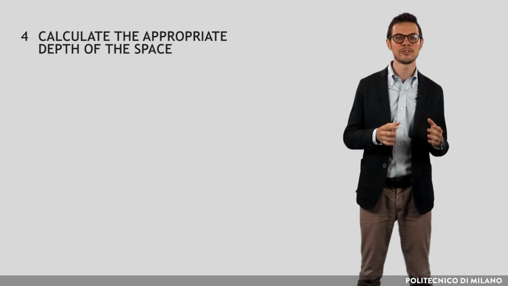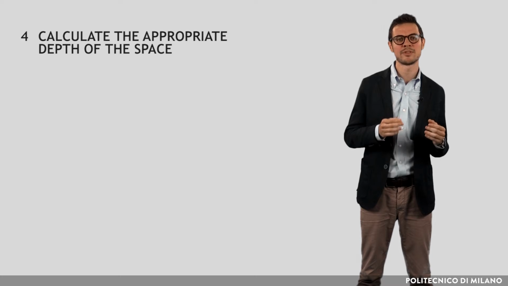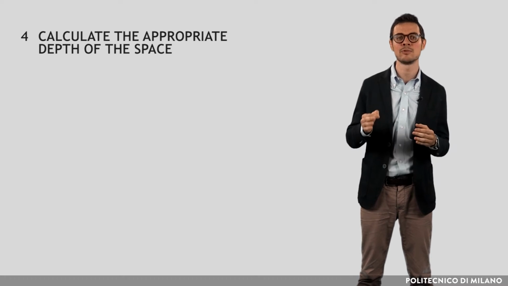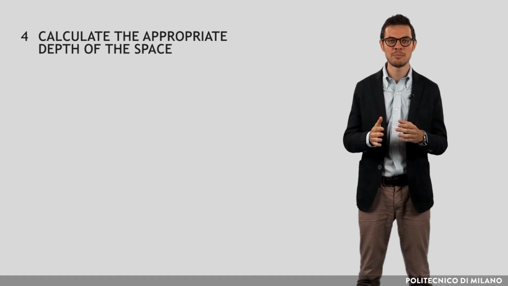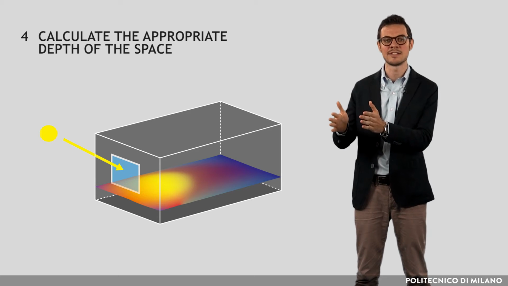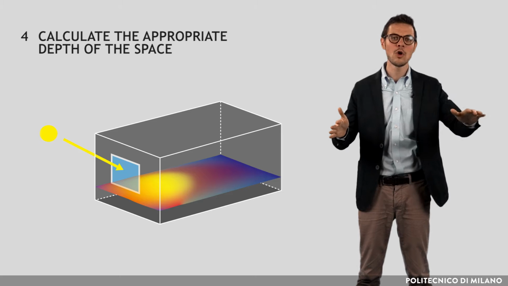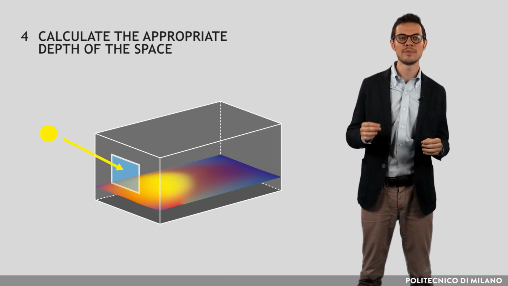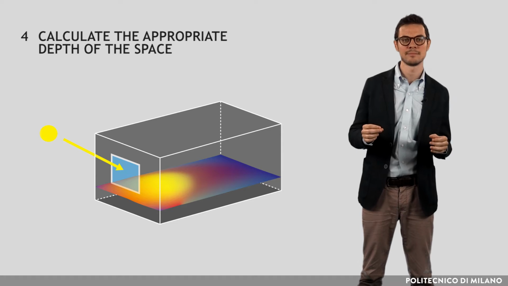The mean daylight factor, in fact, becomes a poor representation of the daylight levels in the space under overcast sky conditions in the case of deep rooms, since they have very high daylight levels near the windows and very low values at the rear. Therefore, a maximum room depth has to be established.